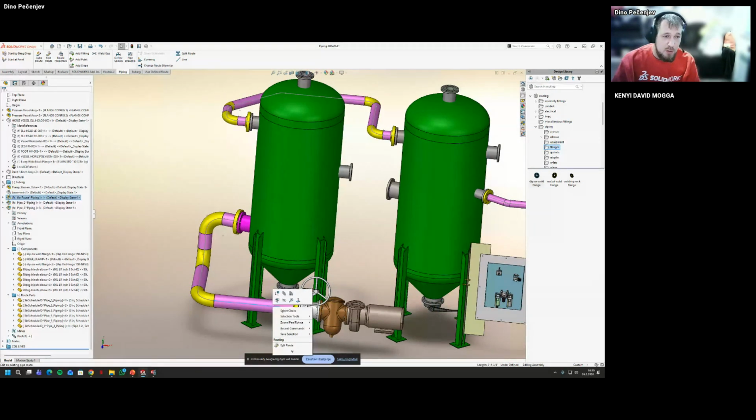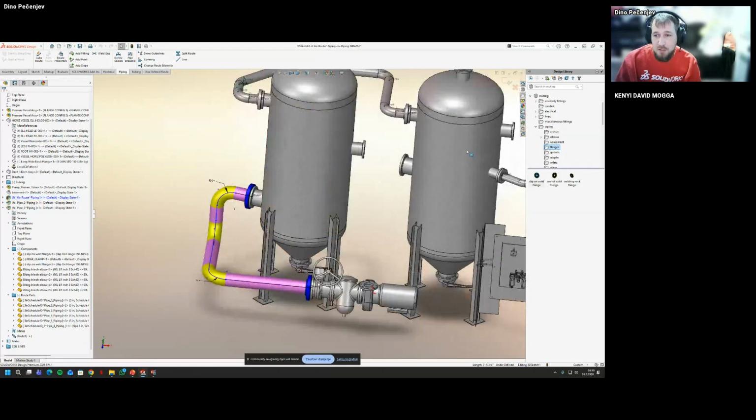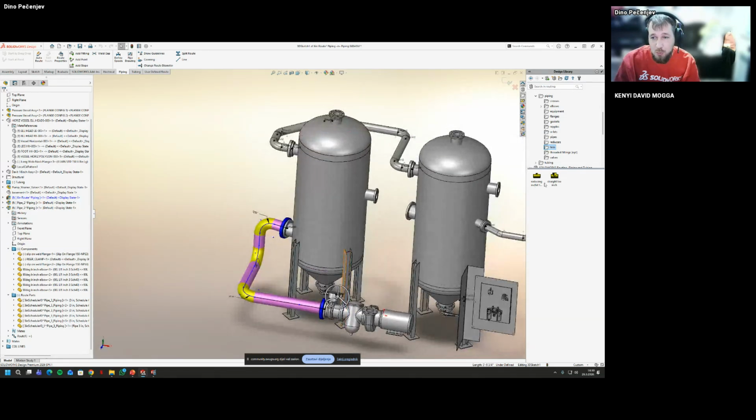Since the design was not completed, I didn't save this externally, so it's still a virtual component. I'm going to do edit route, go into routing library, piping, and let's say I want a T specifically. Since here it's a different flange, we want a reducing T outlet.